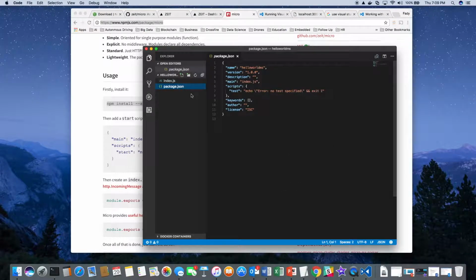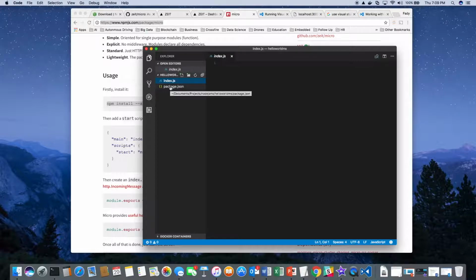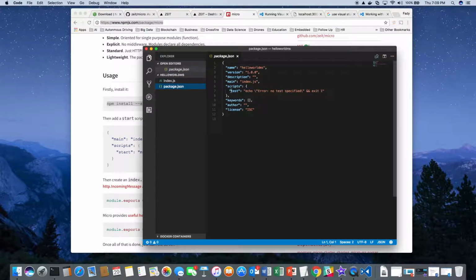And again, here you have the package.json and the index. Index is empty, so I'm going to modify this. Micro, and then I'm going to save it.